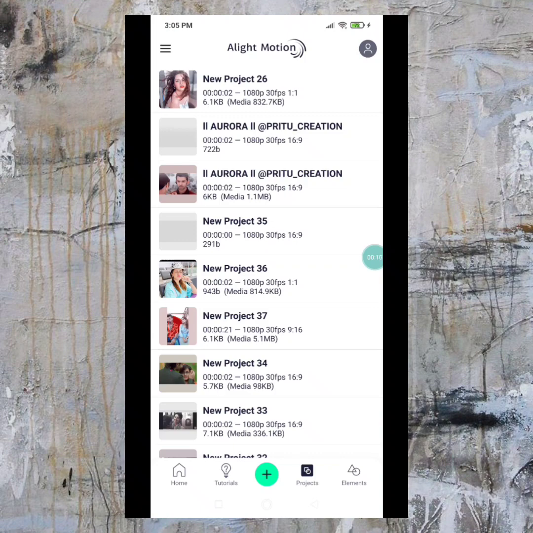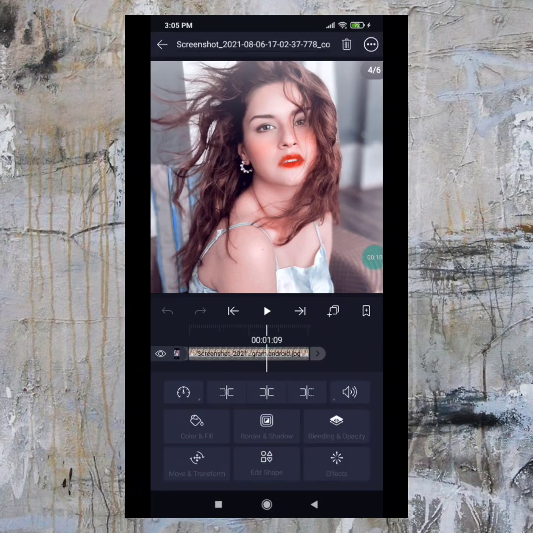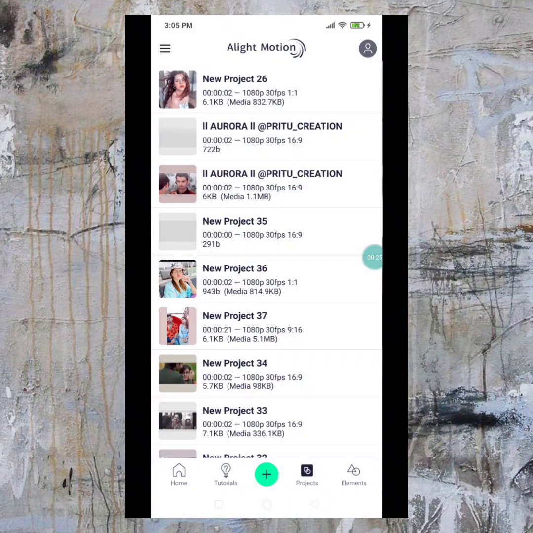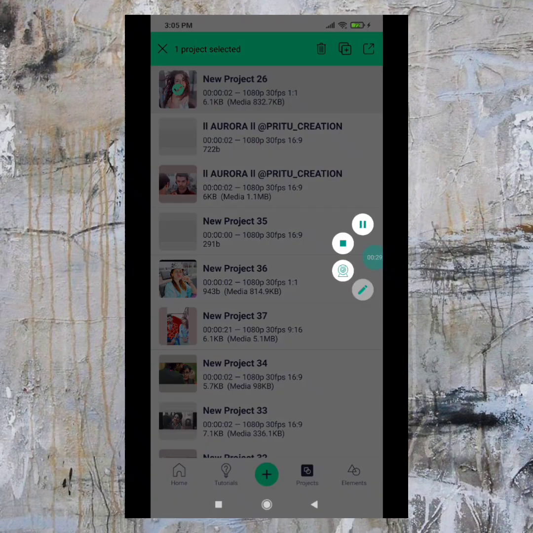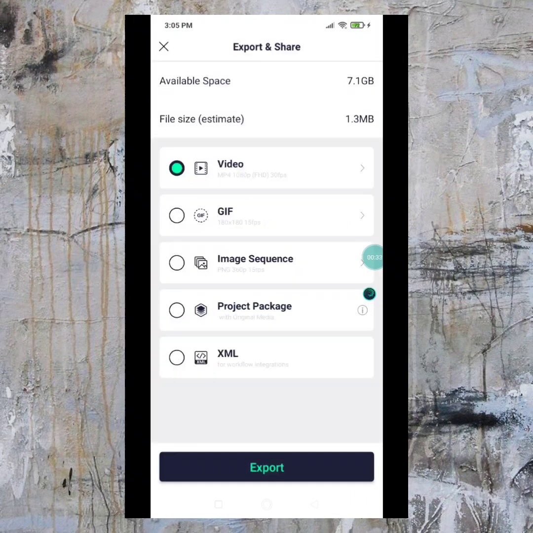Like I have made a coloring, and now how will I share it with you? So for that, you have done everything on your edit, like effects are added and gradient is added. Now we have to share it with anyone. So just come back and long press on the coloring, then this one, and from here XML. You can see there is nothing else available. So yeah, only XML is available.